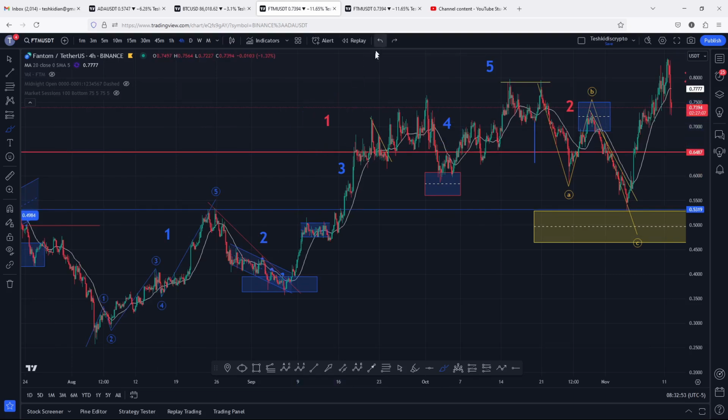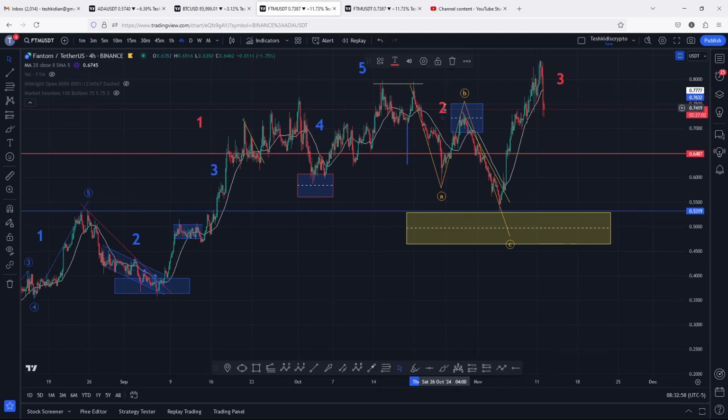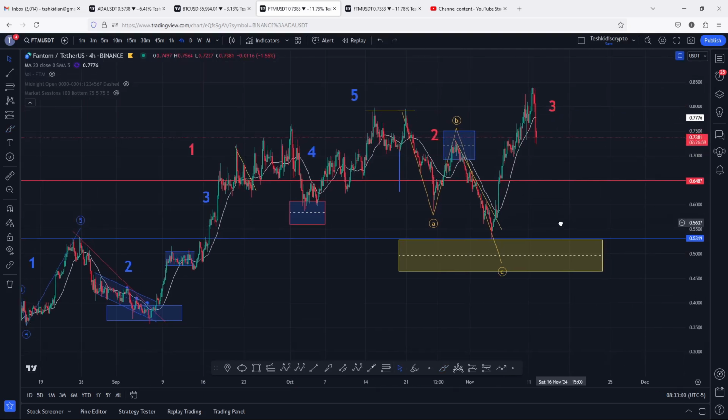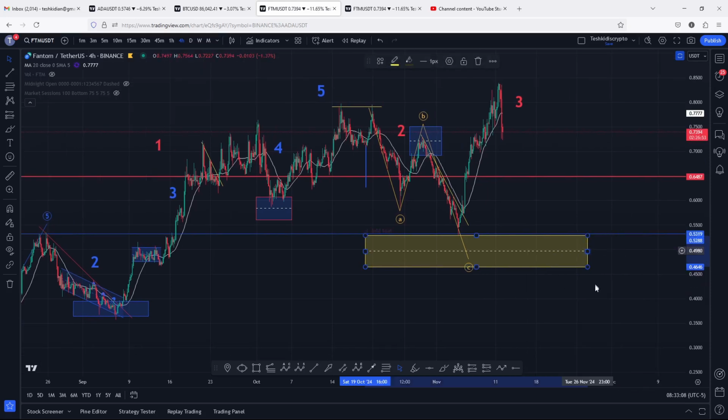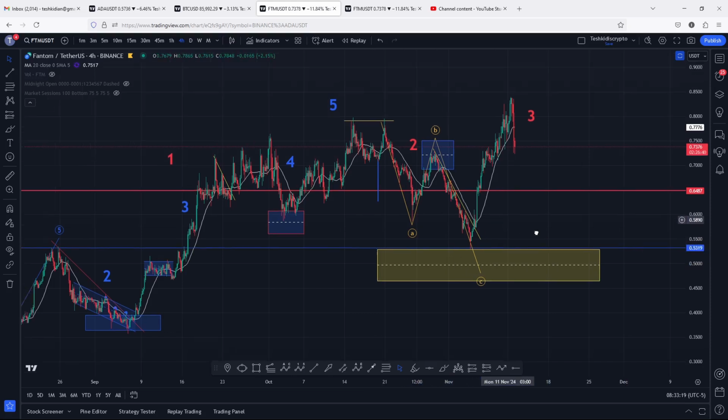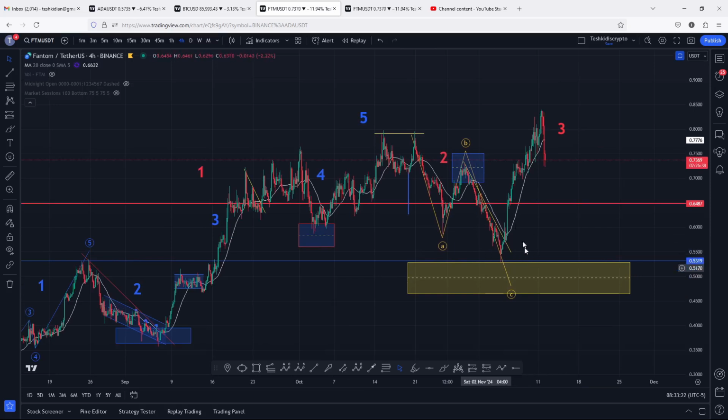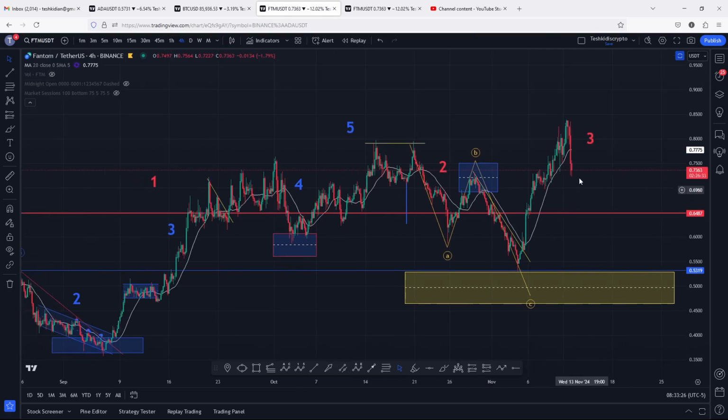And after we peaked in that wave 1, we started a corrective structure in the formation of a larger Elliott wave count 2, whose minimum target areas I have marked on the charts using this yellow target area that lies between the 0.5288 and the 0.4646, an area that we didn't quite fully maximize, though we saw a reaction off the upper side of the target area, and there are high chances that this was the low for this wave 2,